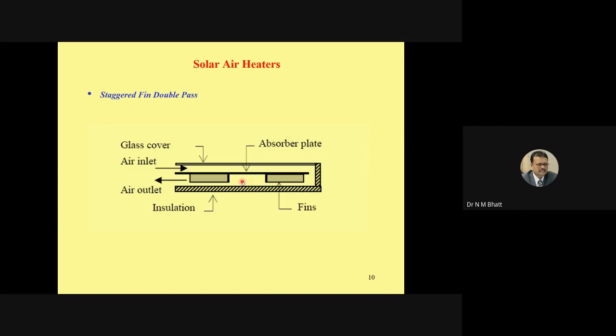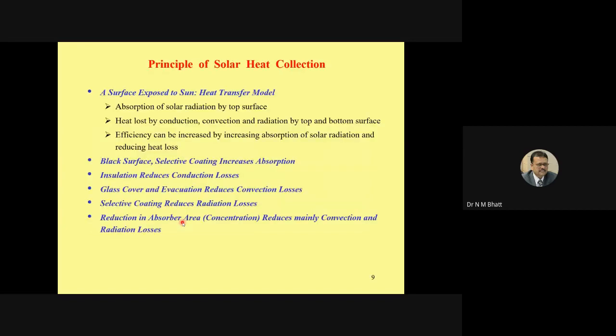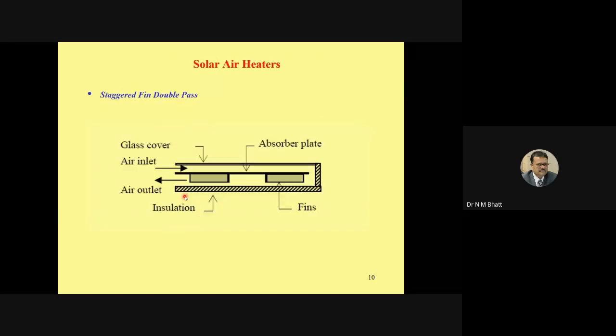Okay, so this is the collector. I have elaborated to a little depth. Now just to correlate with this modification, this is the glass cover to reduce the convection. This absorber is normally black or has a selective coating. We have increased the area to reduce the delta T. From the bottom, there is no absorption of the solar radiation, so in a flat plate collector, you can always provide the insulation at the bottom, as well as the sides. So insulation to reduce conduction losses, glass cover to reduce convection losses, and black or selective coating to reduce the radiation losses.